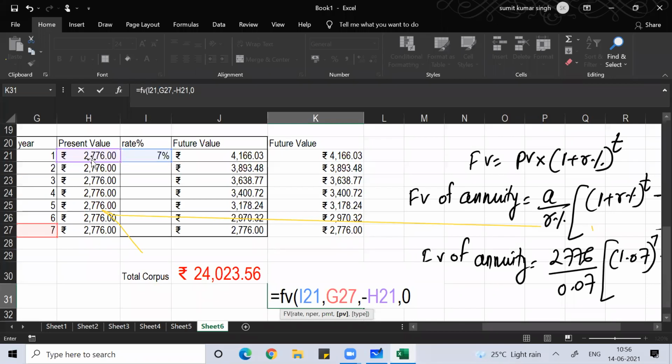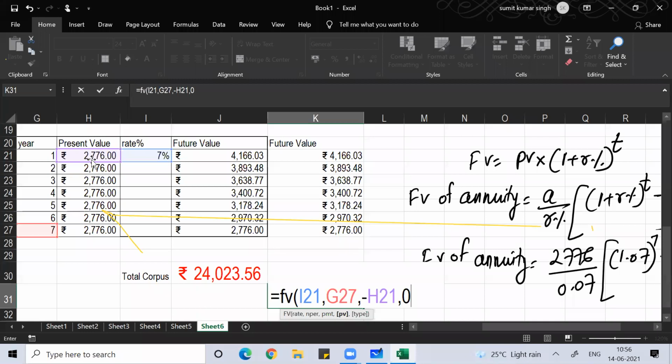Suppose now in my account, I have 1 crore rupees. Amit sir is a very rich person in Bangalore. So Amit sir has 1 crore rupees in his account, and then he's putting 10,000 rupees every month in his FD account. How much will that money become after 15 years? So 1 crore will be the present value, and 10,000 rupees will be the PMT. Can you understand, guys?